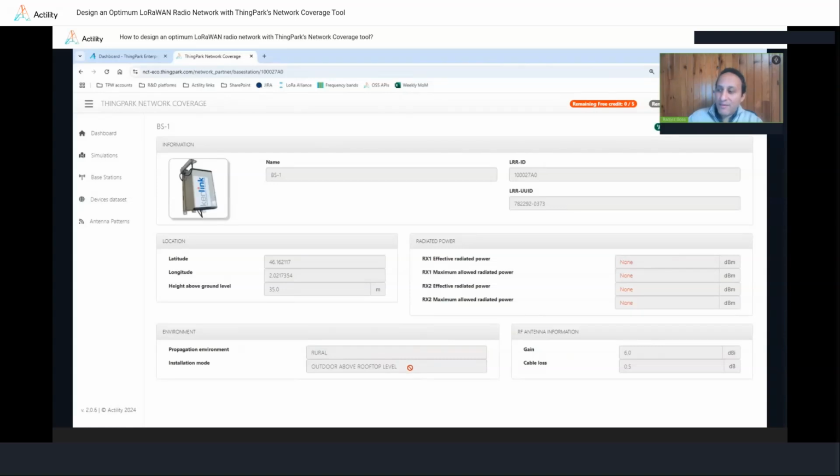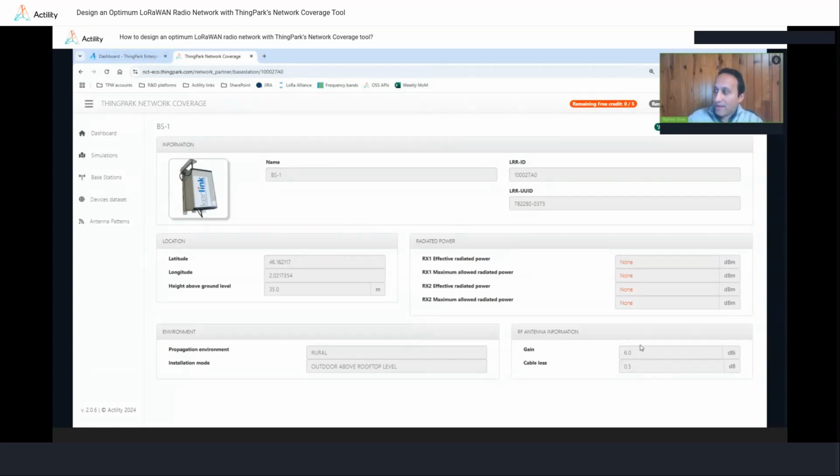The only mode that is really valid in compliance with the network coverage tool is the installation mode where gateways are installed outdoor above building rooftops, so at high points, as mentioned in the past. And the RF information regarding my antennas, like the antenna gain and cable loss, are also inherited from my settings in my ThingPark account.